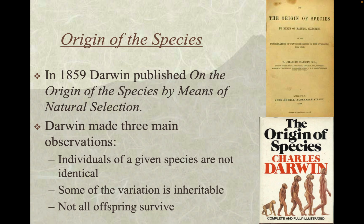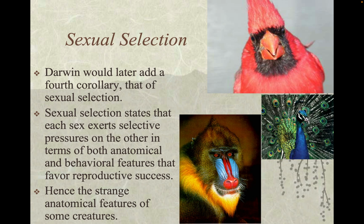Darwin made three main observations. Individuals of a given species are not identical. Some of the variations is inheritable, and not all offspring will survive. Darwin would later add a fourth corollary, that of sexual selection. Sexual selection states that each sex exerts selective pressures on the other in terms of both anatomical and behavioral features